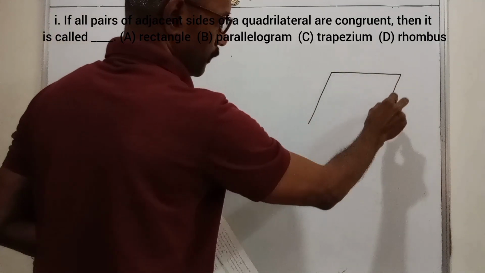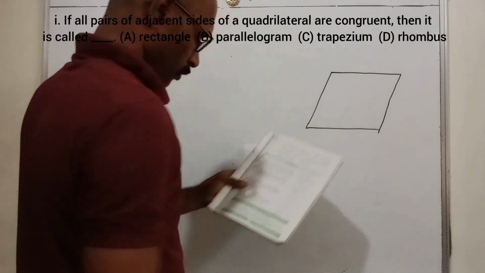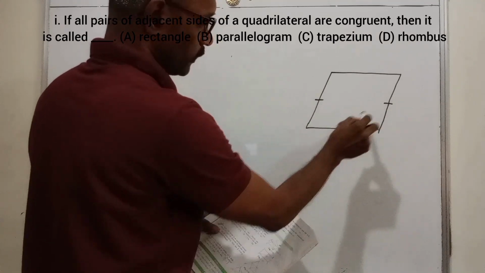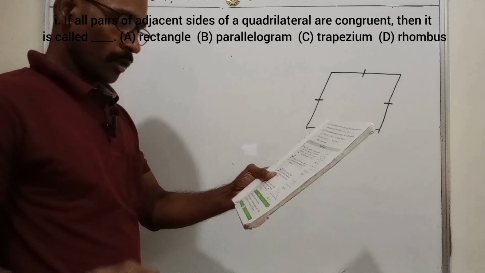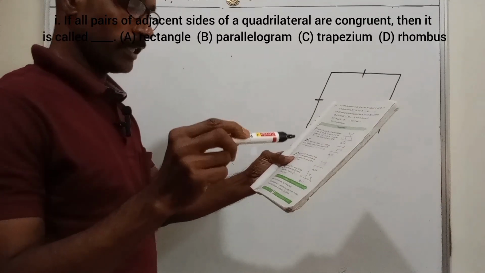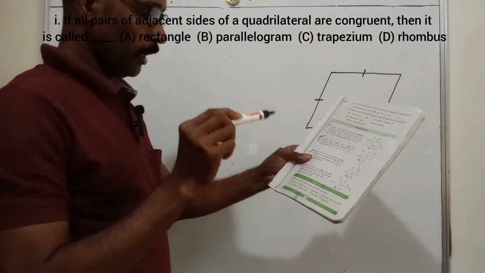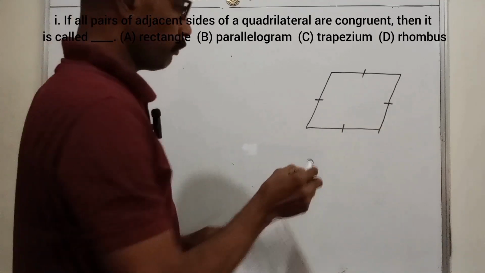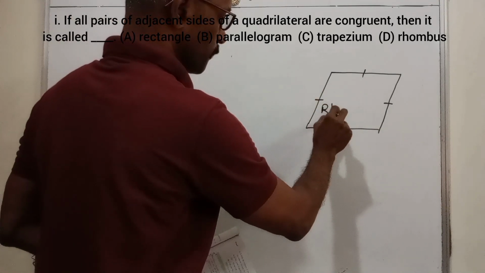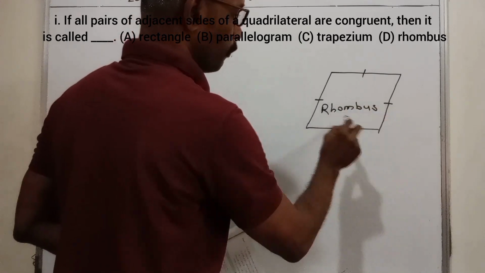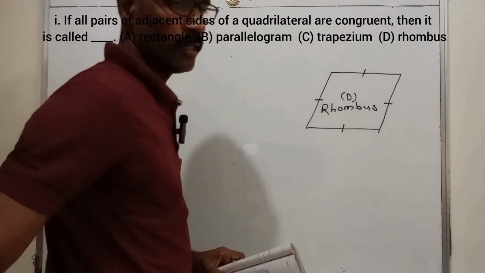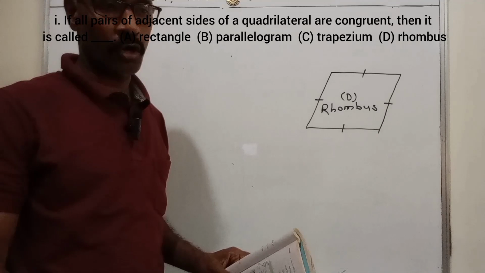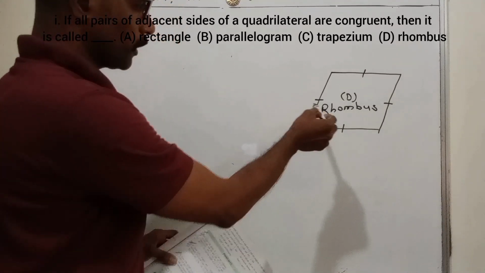What is? If all pairs of adjacent sides of a quadrilateral are congruent, then it is called. Options: A. Rectangle, B. Parallelogram, C. Trapezium, D. Rhombus. Then the answer is rhombus. This is our option D, because all the sides of a rhombus are congruent. Did you get it? Therefore, our answer is